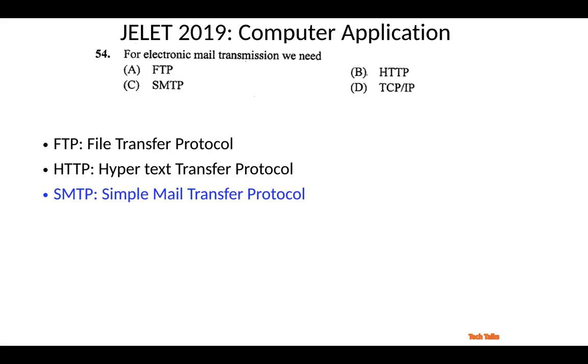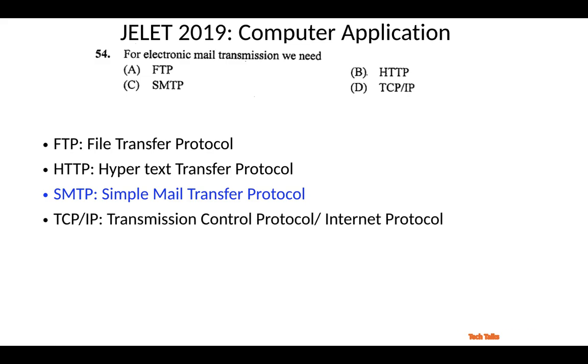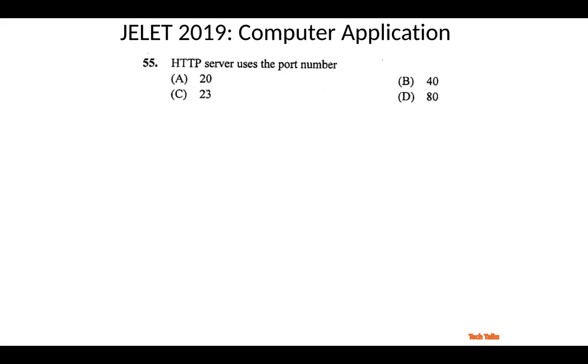Next is SMTP. This is actually simple mail transfer protocol. So the name actually suggests the answer. So for electronic mail, this is the protocol, simple mail transfer protocol. And also let's know the last point, TCP/IP. TCP/IP is basically transmission control protocol, and IP is the internet protocol that is actually used to send the data when a session is established, two persons doing some secure transaction, that kind of data transfer is done using TCP/IP. So the answer is basically SMTP.